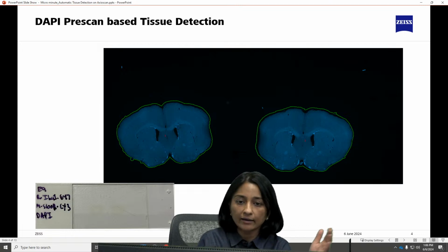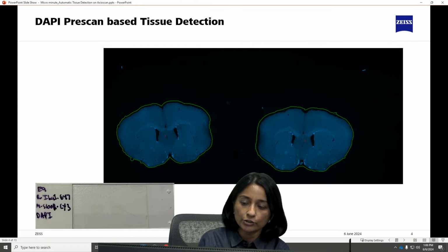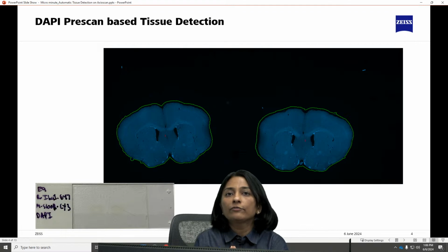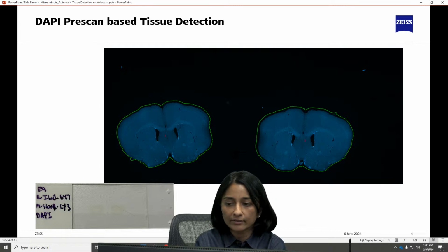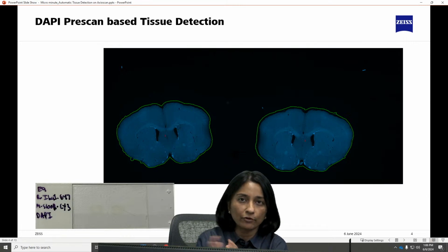You scan the entire slide with that, and then utilize the intensity of that fluorophore in delineating these tissues. The slide that you see has coronal sections, which are very difficult to pick up, and we definitely don't want to be manually drawing these sections out. That sounds very painful. So anything that will alleviate our time at the instrument and make it as automated as possible would be a method of choice for